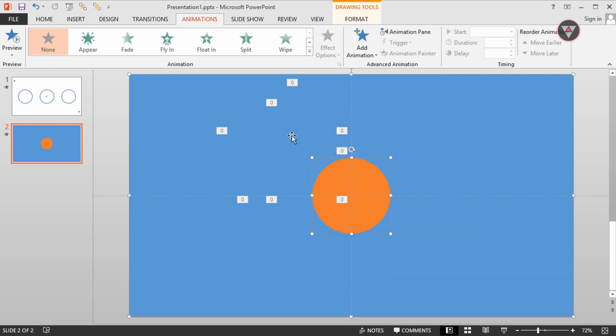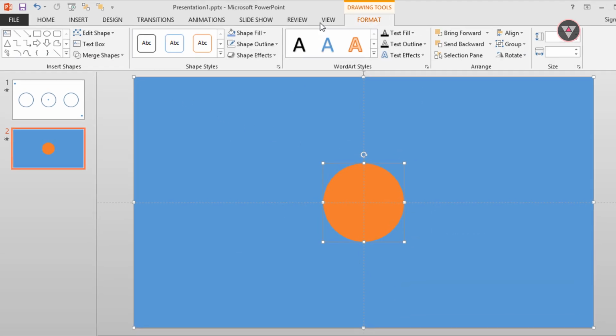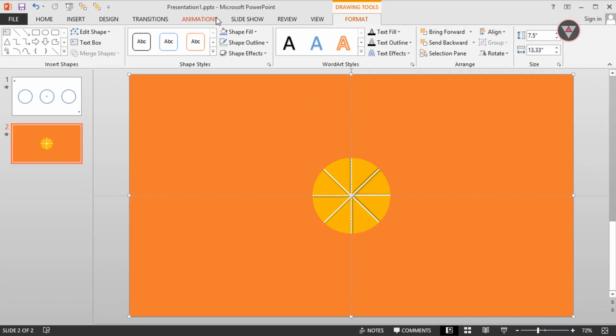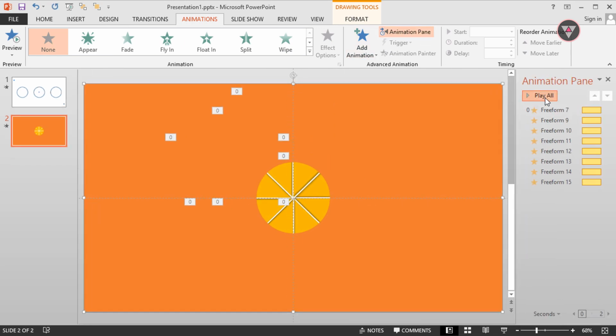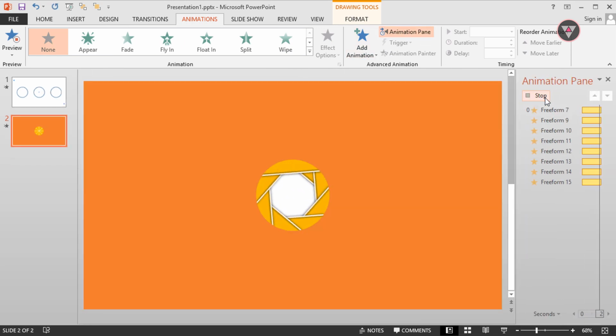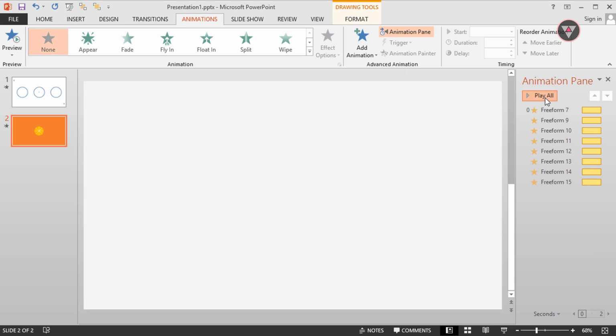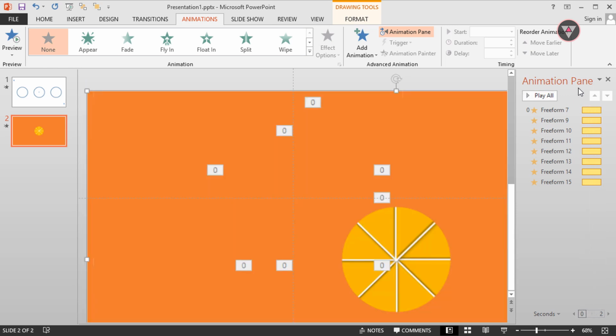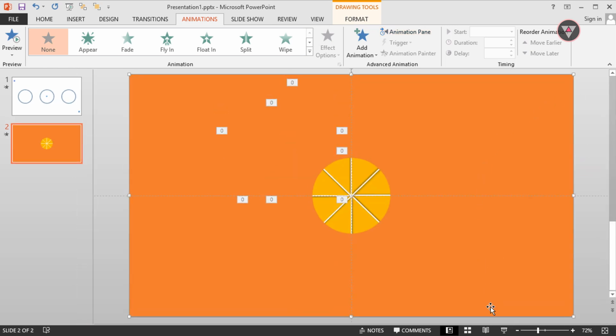Now select this rectangle and oval shape, go to Merge Shapes and select Combine. Let's see how the animation looks. Perfect.